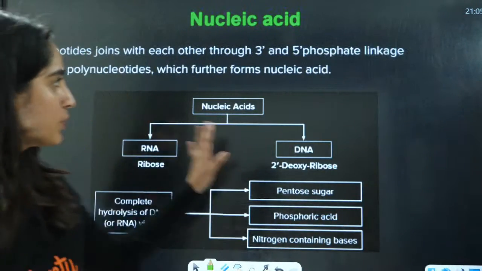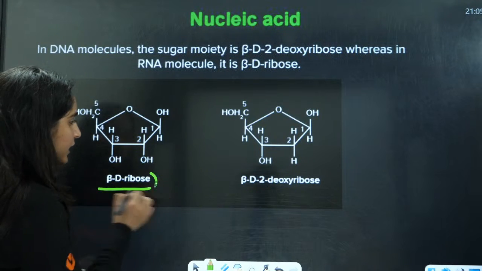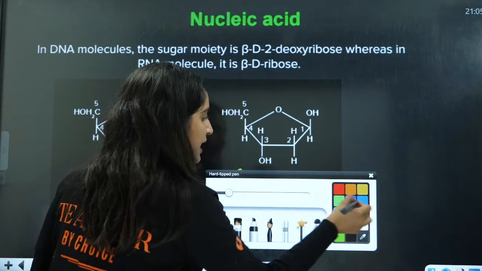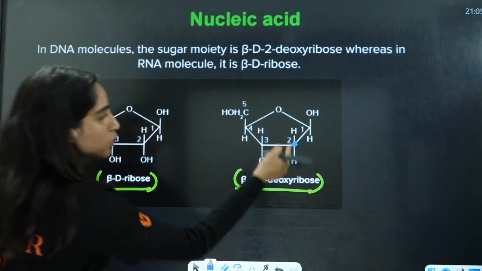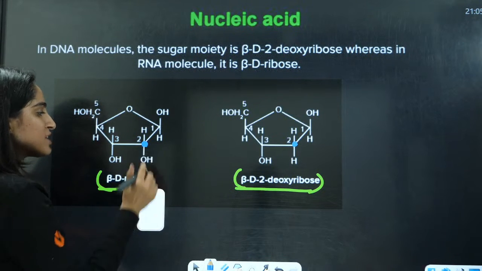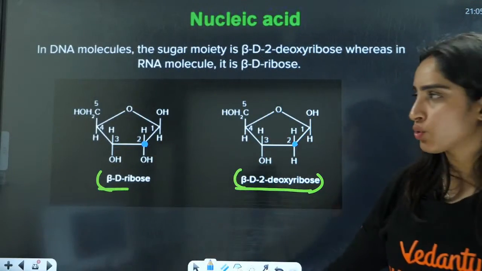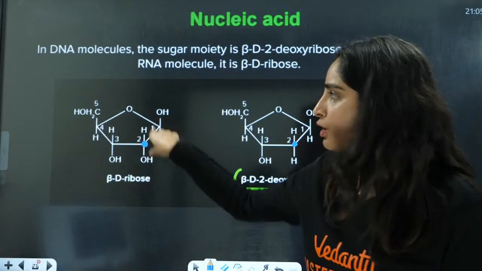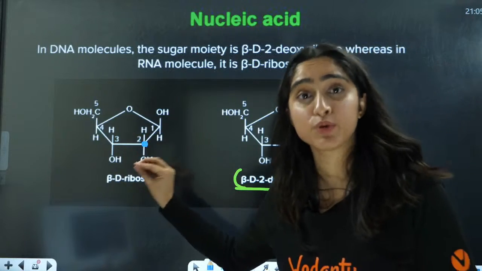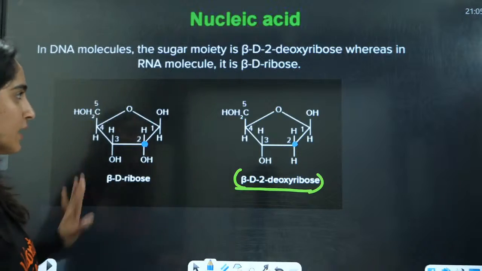Okay, so now let us see the units here. Now this is beta-D-ribose and this is beta-deoxyribose. What you will see is that at the second position you have both hydrogens here, and here at the second position you have OH and H. Right, at the second position, just draw the ribose sugar. Okay, this is the ribose sugar. Draw the ribose sugar, and if you eliminate the oxygen on the second position, that will be deoxyribose. That is the difference in sugar of DNA and RNA.